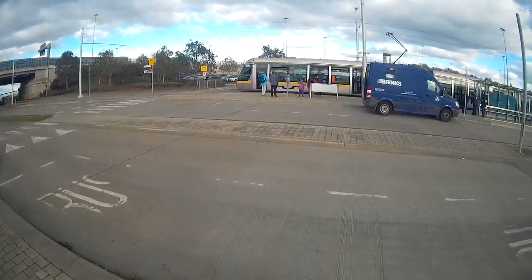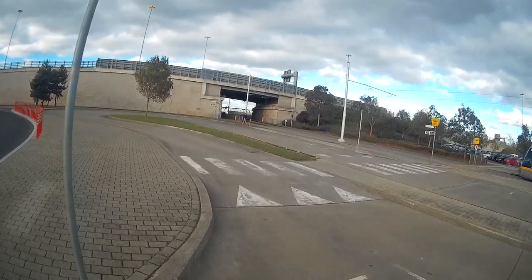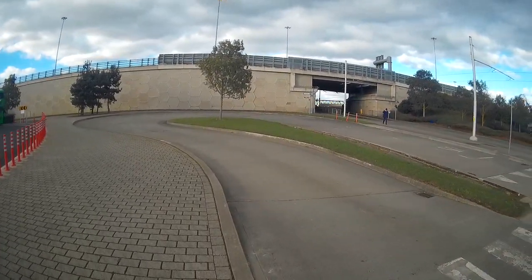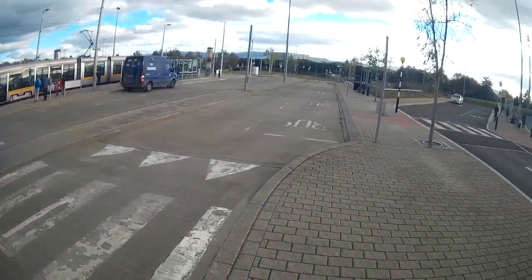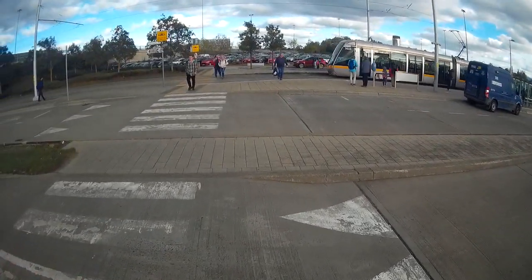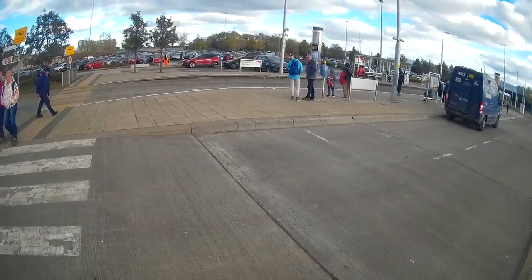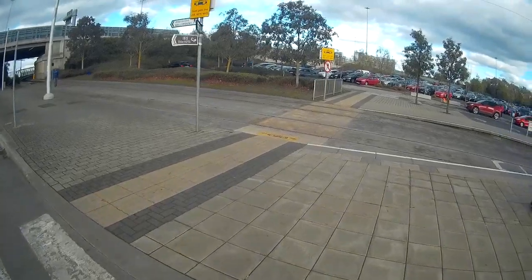So the next crossing back to the Luas. That's a raised crossing there, but there's no pole on it. So it's an uncontrolled raised crossing, no tactile. So I'm going to have to just wave for him crossing this road, and we're over it again. Another slope, it's a raised crossing,